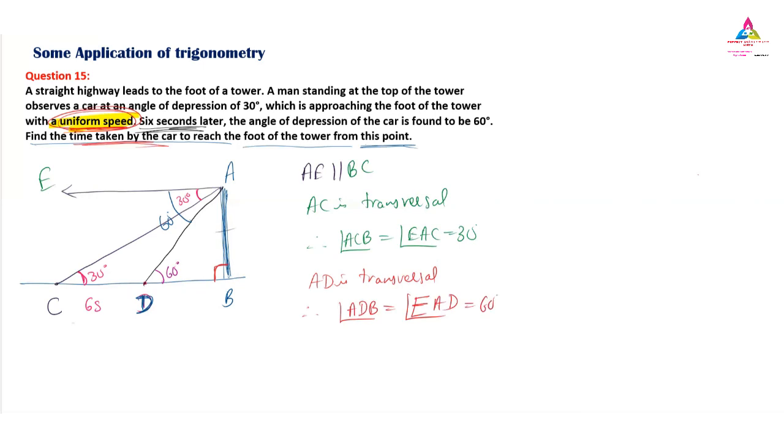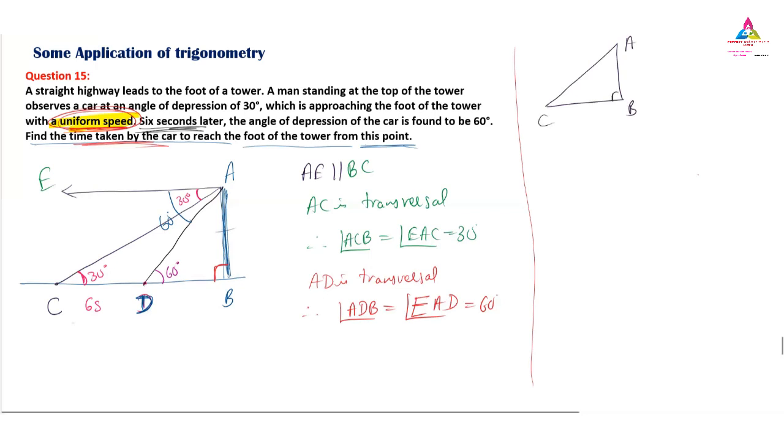So now I will consider the two triangles separately. The first triangle I will consider like this way, that is A, B and C, and one point will be here, that is D, and this is 6 seconds. I will take that 6 second as it is, 6 second only, because length and time are directly proportional to each other. So I can take AB, we don't know, this angle we know, that is 30 degrees.